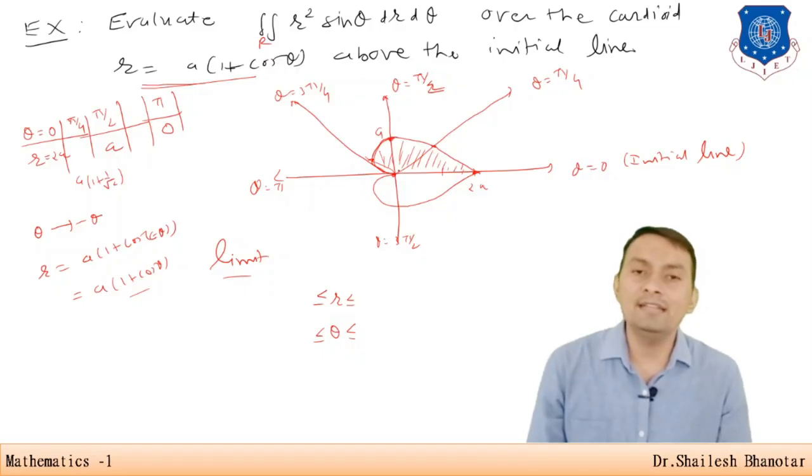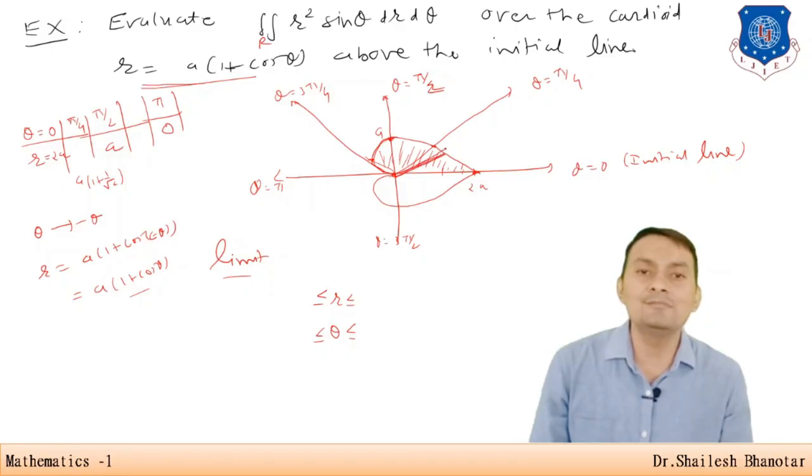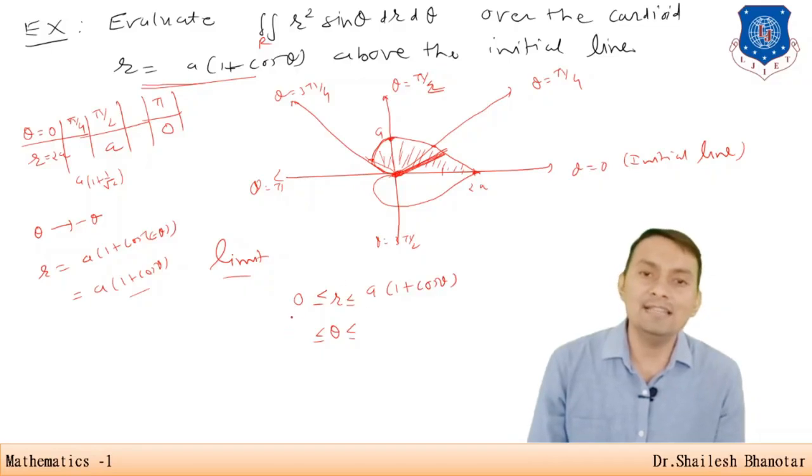So let us see. I have just said that whenever I consider the radius, it is only considered from the origin. So I am going to consider 0 to, this is exactly our cardioid, this is a part of the cardioid, a into 1 plus cos theta. From where to where? I have to start with theta equal to 0 and go up to what? That is theta equal to pi. Then I have to come to the origin. That means the limit for theta is nothing but 0 to pi.